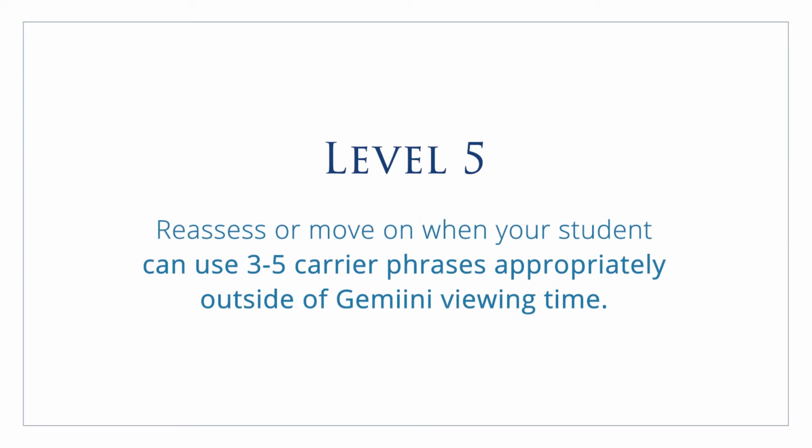Students who can use 10 or more action word labels correctly are ready for Level 5. Level 5. Reassess or move on when your student can use 3 to 5 carrier phrases appropriately outside of Gemiini viewing time. In this level, students learn carrier phrases that make it easier to put words together into sentences. These include requesting phrases, phrases for expressing feelings or observations, and phrases for describing events. Your student is ready for Level 6 when you notice them using 3 to 5 carrier phrases in everyday interactions